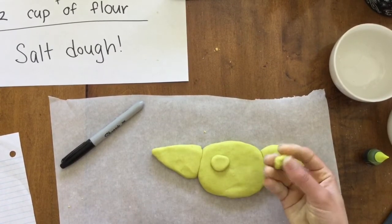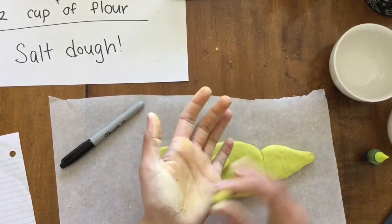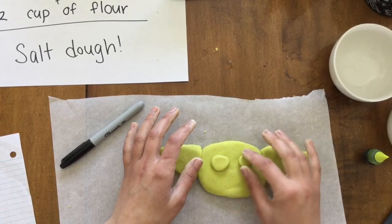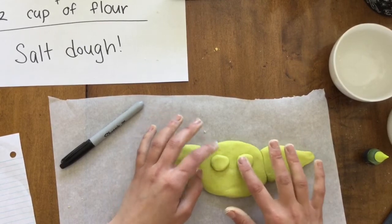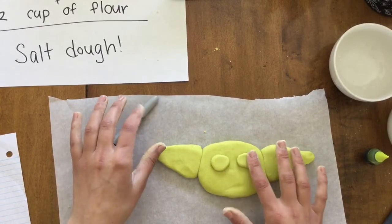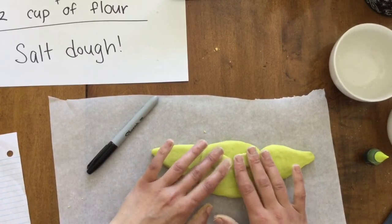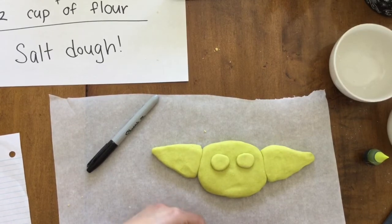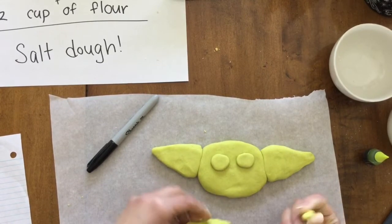Take my other piece of salt dough, about the same size. You might need to test them out before you squish them down. And on the other side of his face, I'm gonna make another eye. Like I said, I'm gonna use that permanent marker to actually color in his eyes so they are black once it is dry. His other details, like his nose and his mouth, I'm just gonna use this extra salt dough